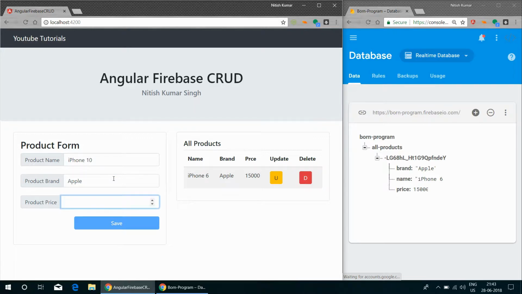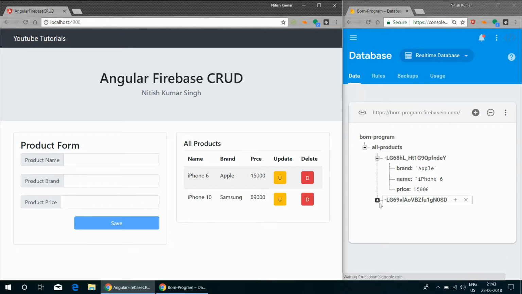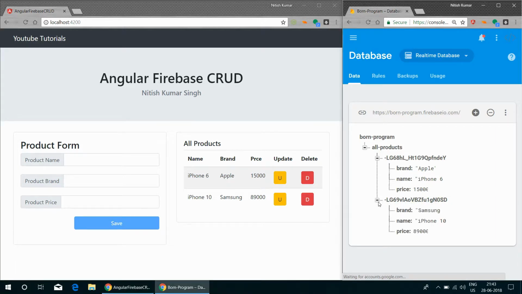and price is, I think it's 89,000 in Indian rupees. So let's change it to Samsung and just save it. So here you can see that the data has been added here, and in our Firebase database also in